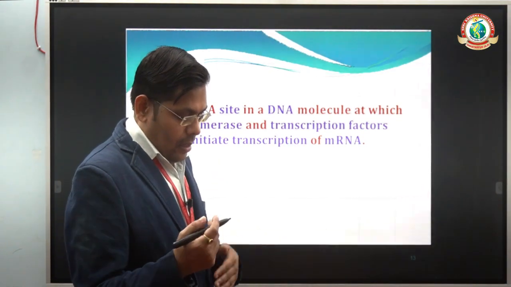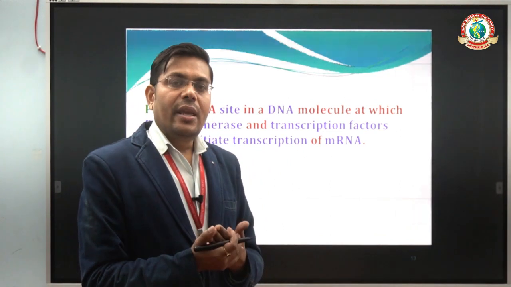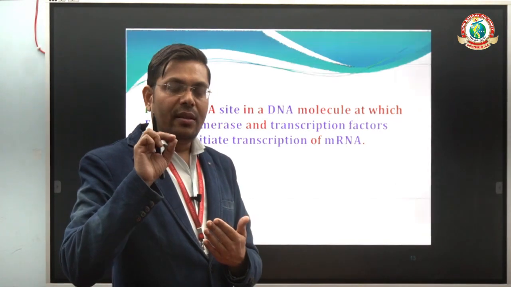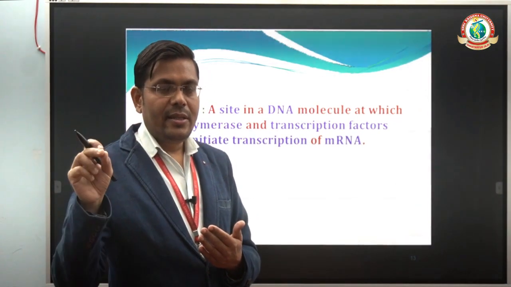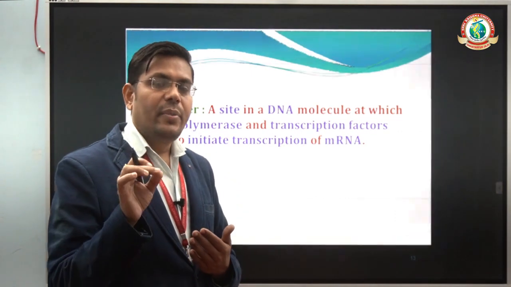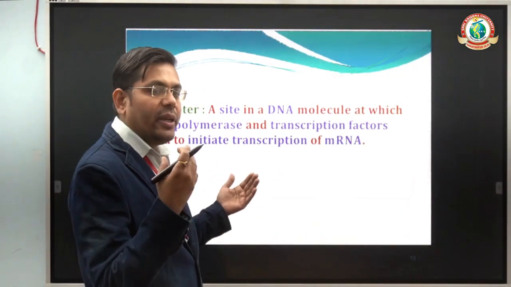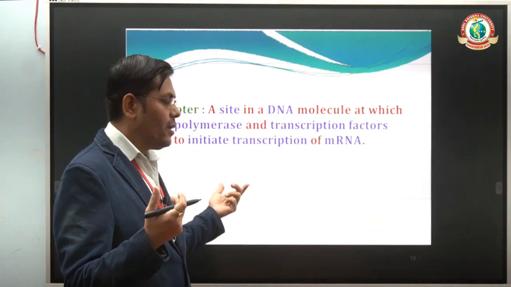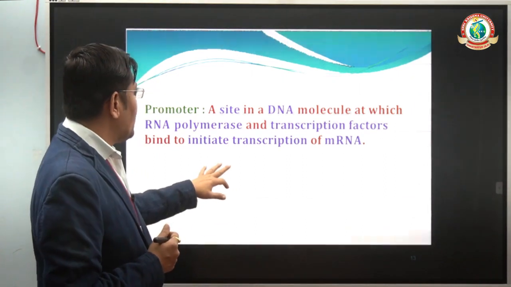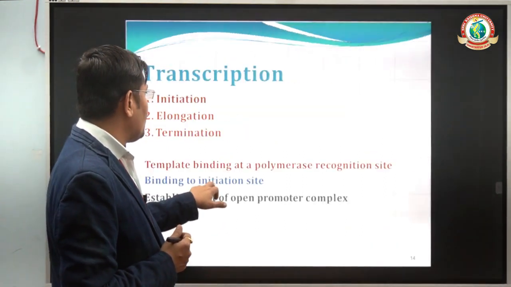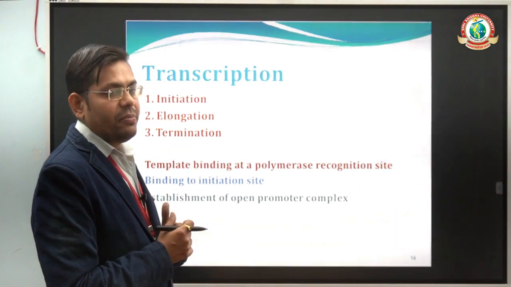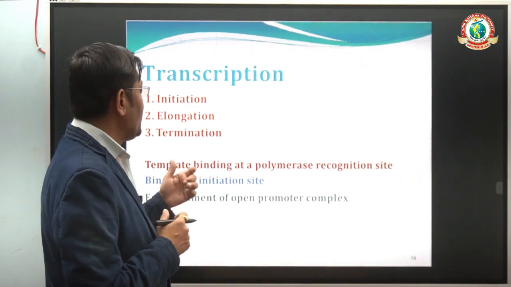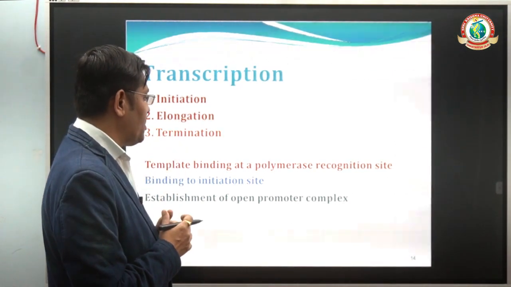We can also say that transcription is the first process of gene expression, because it is the central dogma of the cell that every gene gets transcribed and then translated to form a particular protein, and that particular protein represents a particular character like hair color, plant growth, plant length, etc. If we see the steps required in the process of transcription, there are three basic steps: initiation, elongation, and termination.